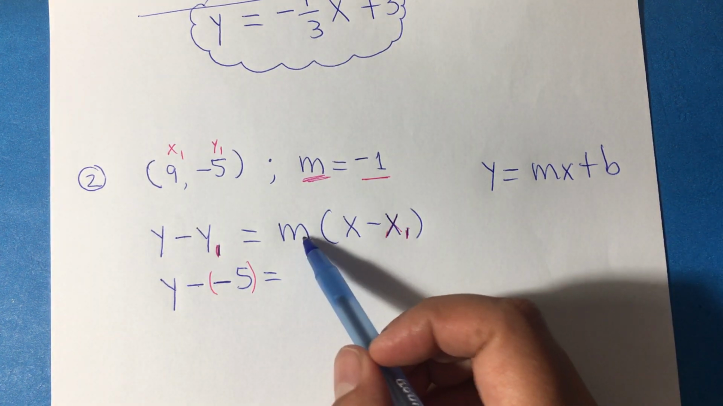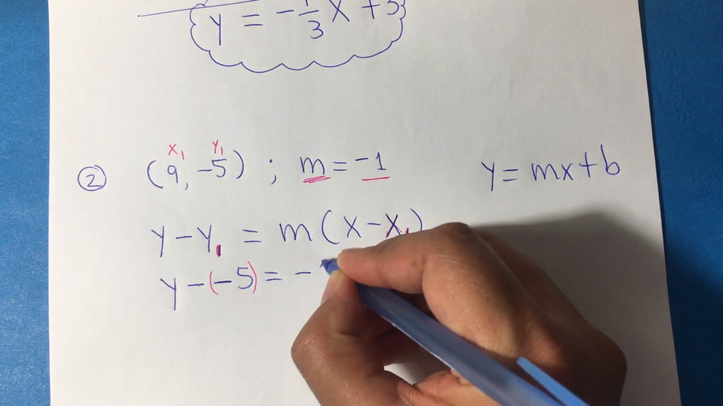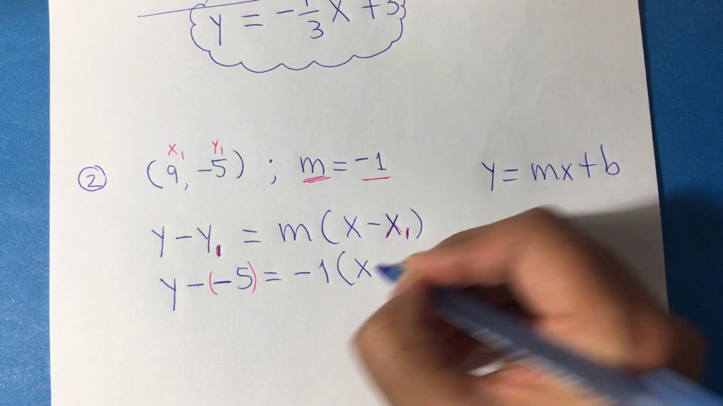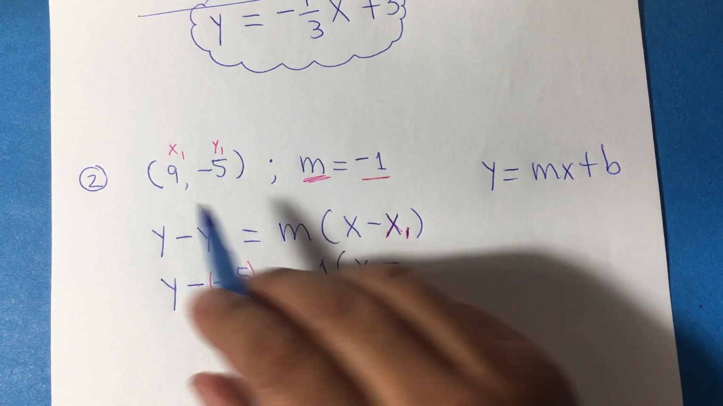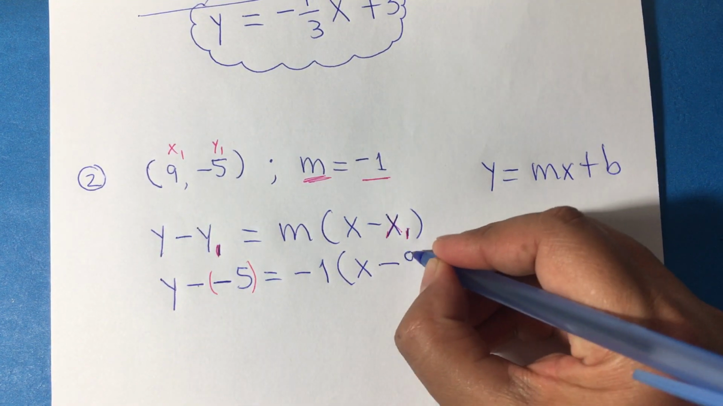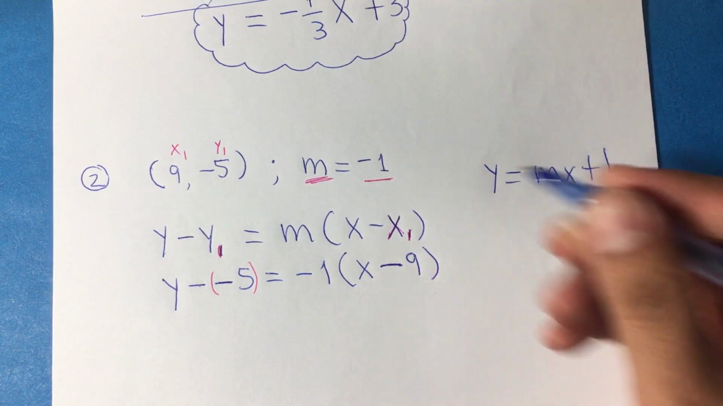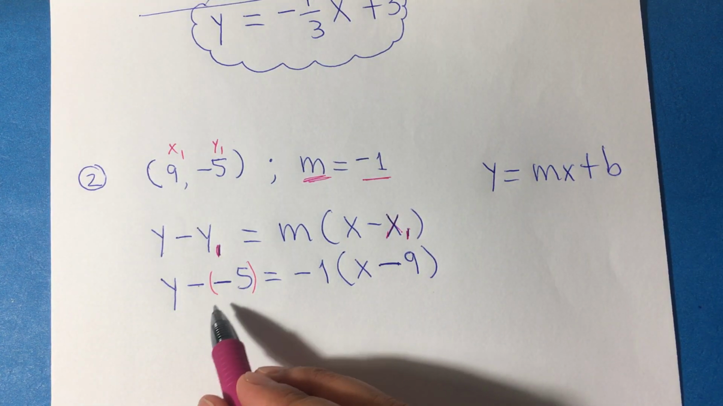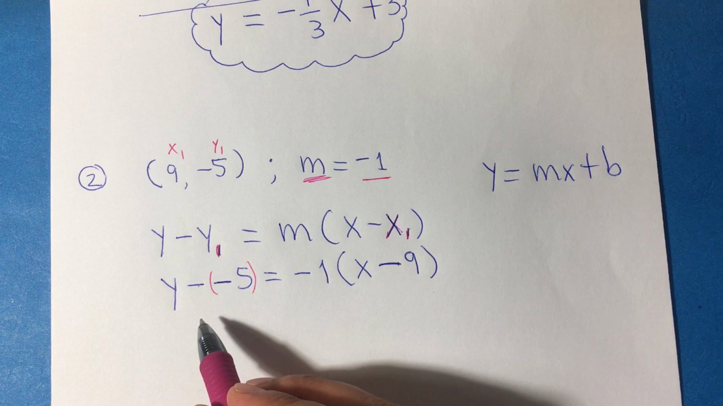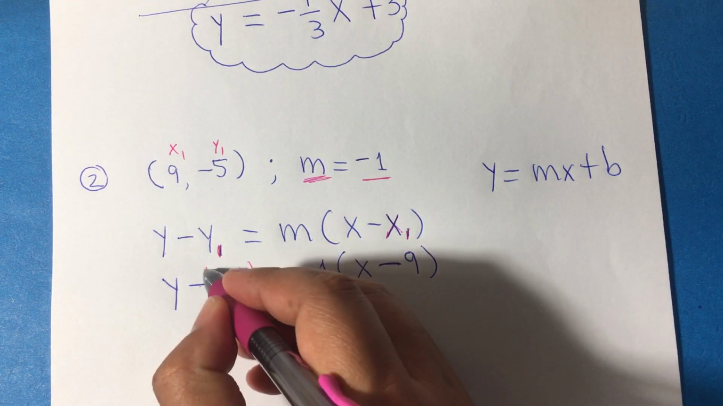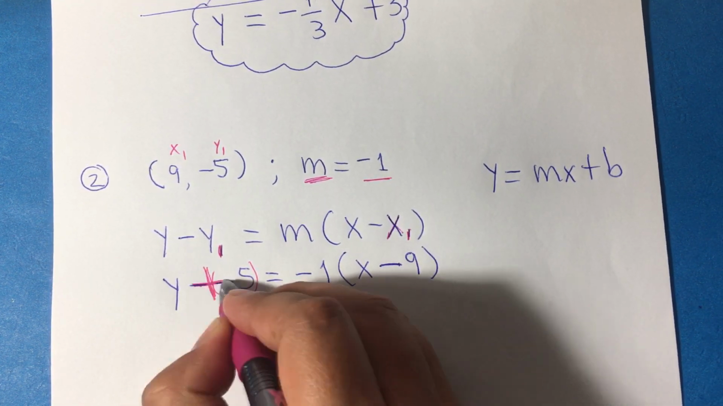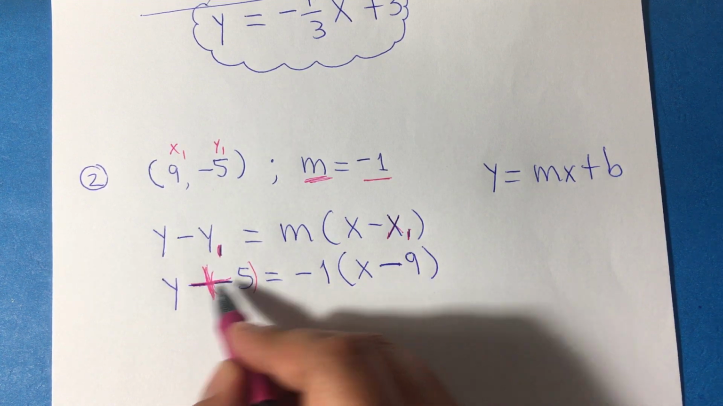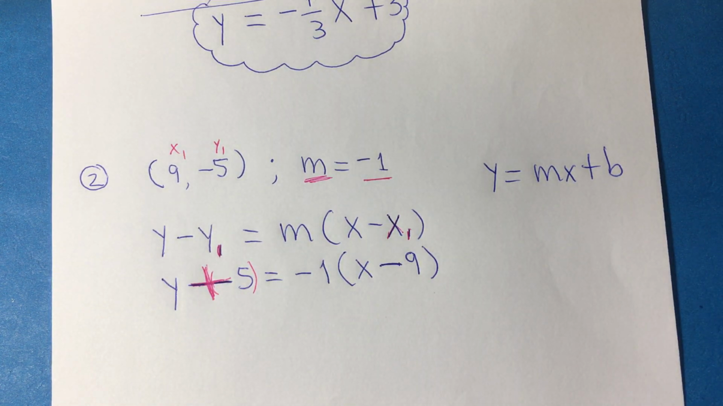So it's the m is -1, and then you put x minus from the formula 9 for x1. When we have the negative and negative together, it makes the big plus, okay? I make it big so that you can notice that the 5 is now positive, it's not negative. So we do distributive property,